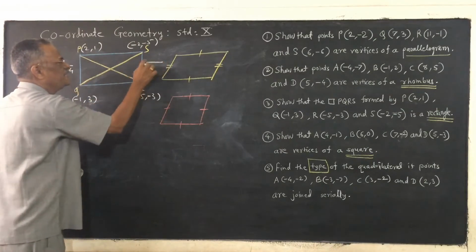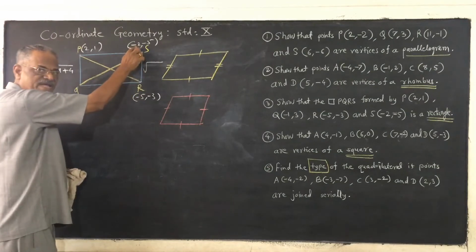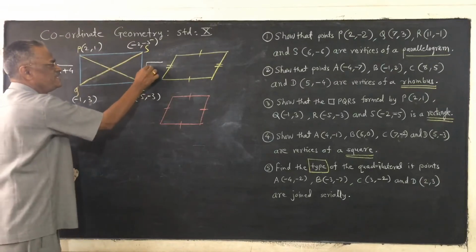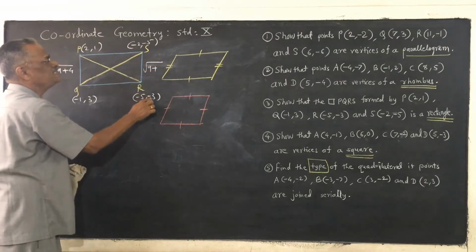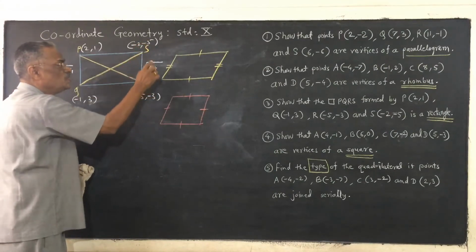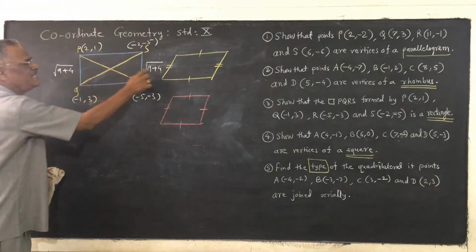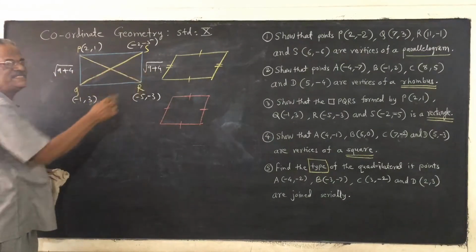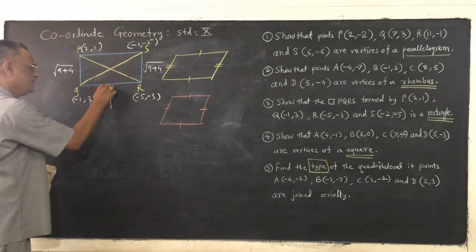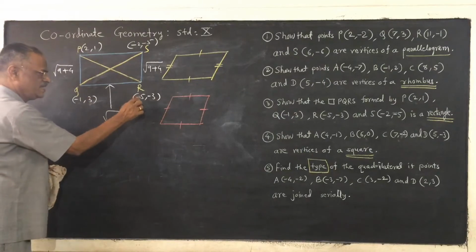Then you calculate SR also, -5 minus -2, it will become plus. So it is 3 there, 3 square is 9, plus -3 minus -5, it is becoming 2, 2 square. So you are getting under root 13, under root 13. So opposite sides are equal. Similarly, find the side QR by using the distance formula.